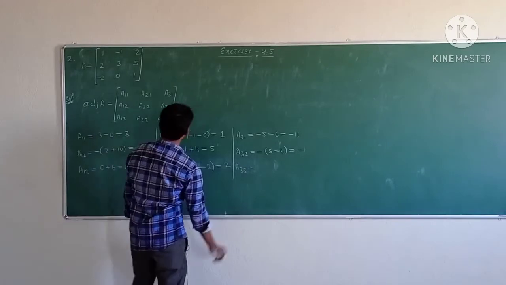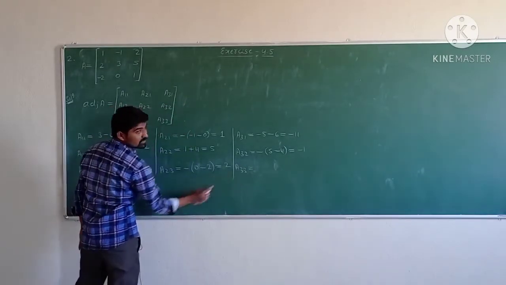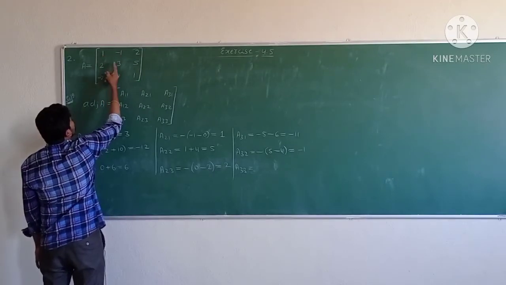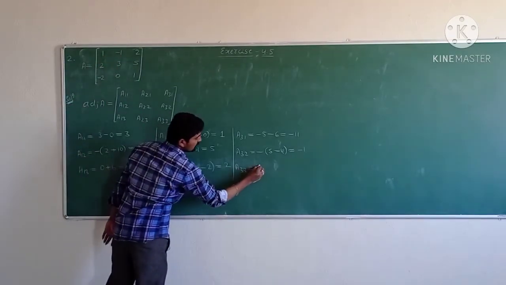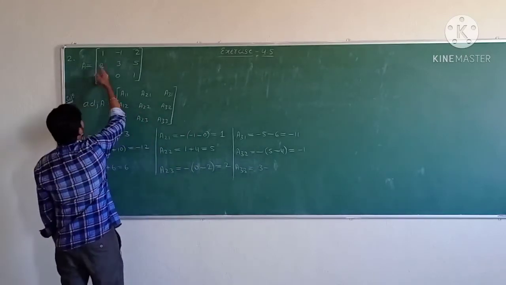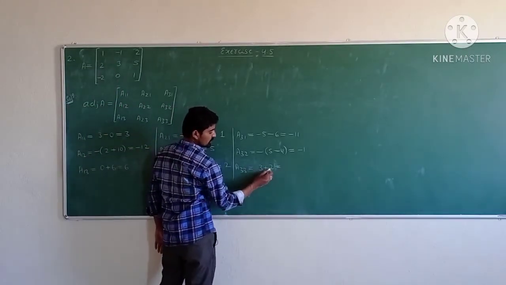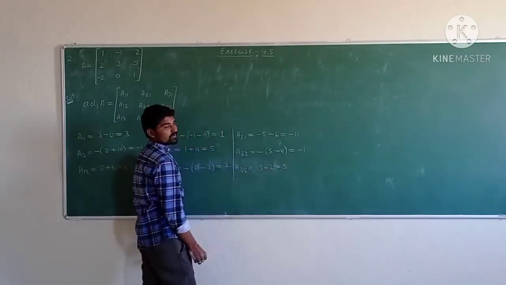A33 is obtained by deleting the third row third column. Third row third column. Remaining elements 1, minus 1, 2, 3. 1 into 3 is 3. Minus 2 into minus 1 is minus 2, minus into minus is plus 2. Which is equal to 3 plus 2 is 5. Therefore